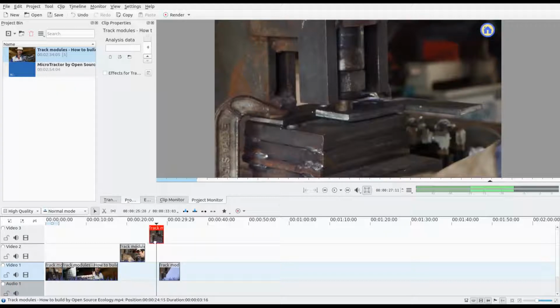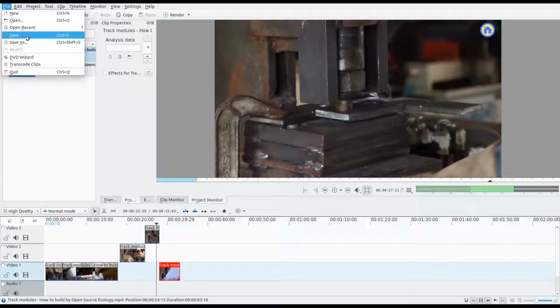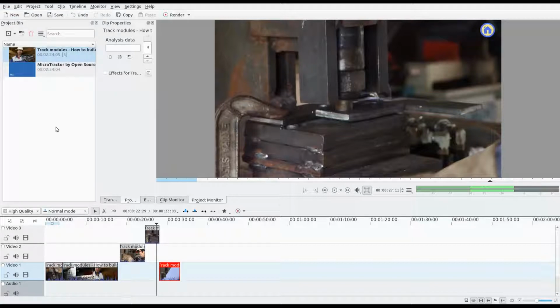Video editing can be quite taxing on any computer system. Make sure that you save often, because system crashes and freezes can occur at random. From the File menu, use the Save menu item to give your working Kdenlive file format a name and a location on your computer. When you're happy with your edit and you've saved your project one last time, you can